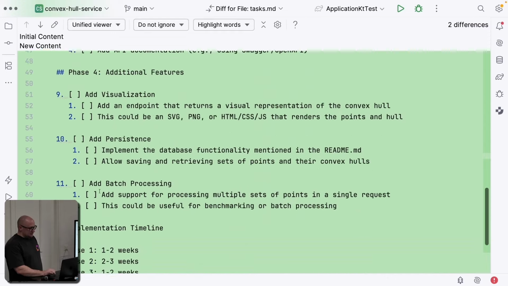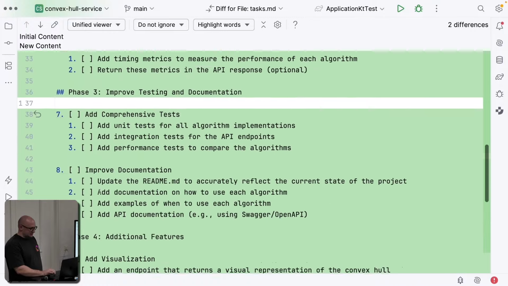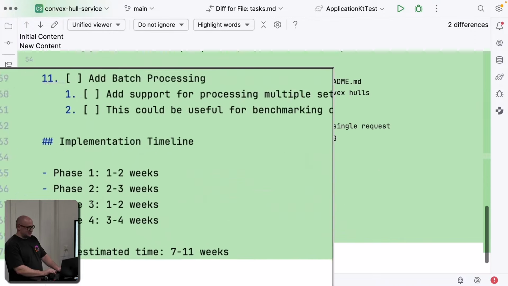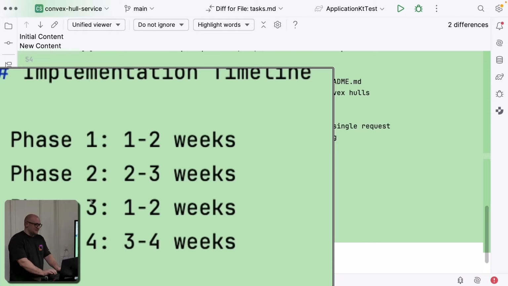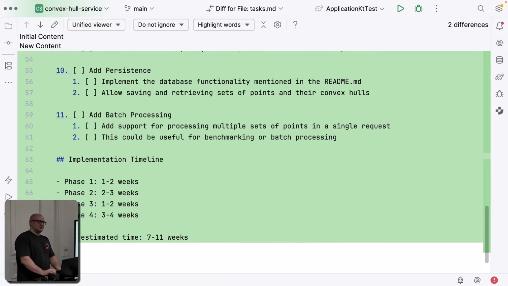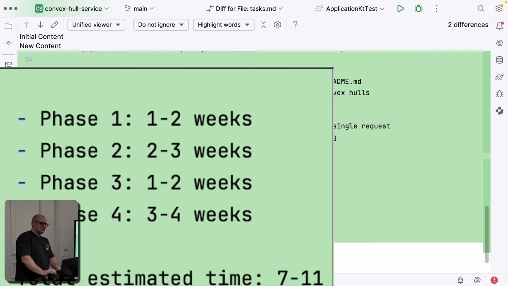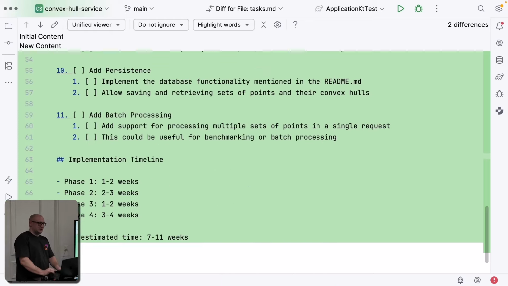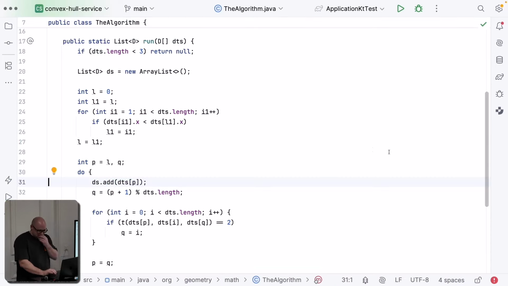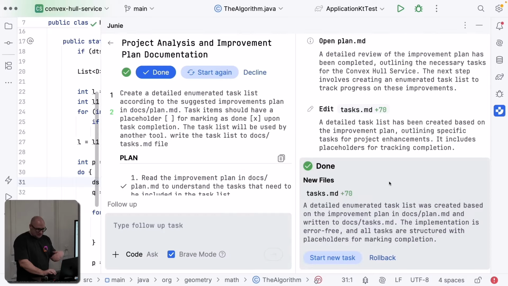Not very detailed here, but still. And you see, it actually provided the estimates, like how much time it will spend. So maybe good for the freelancers when they have to charge the clients or give the estimates. Anyways, so now my next step would be